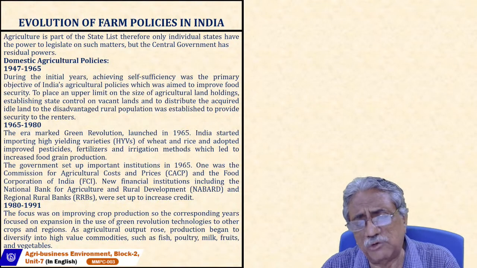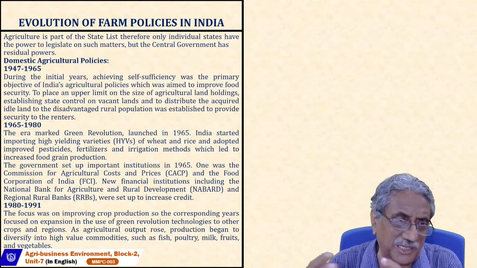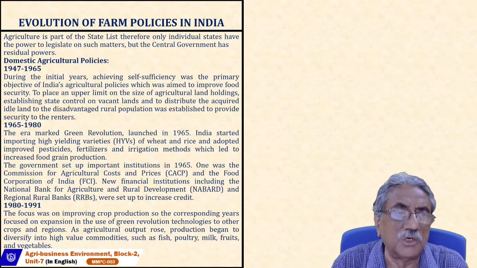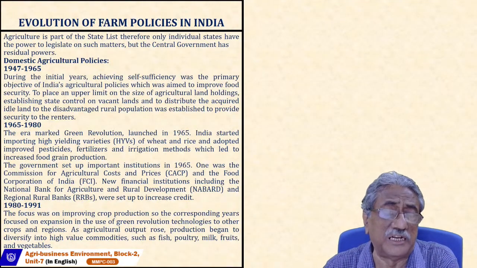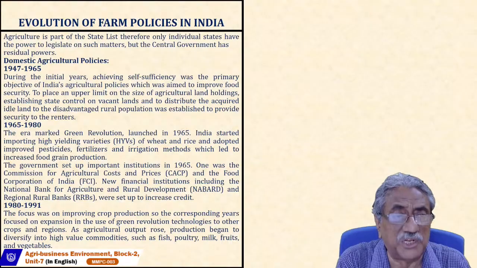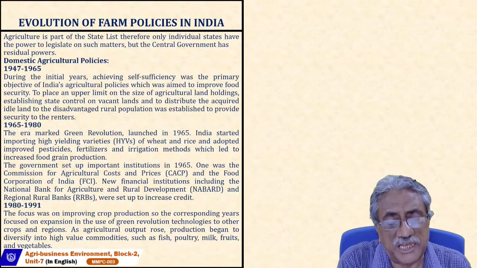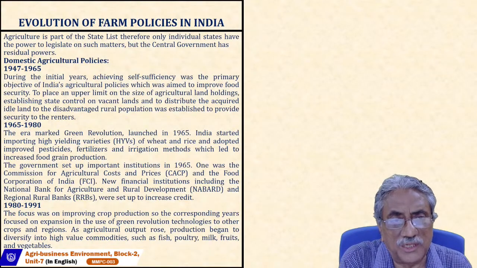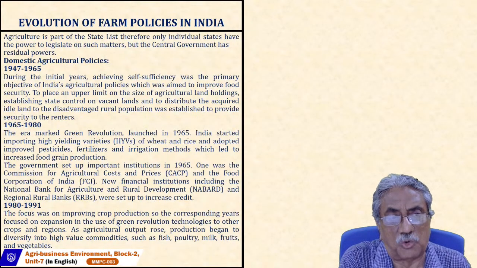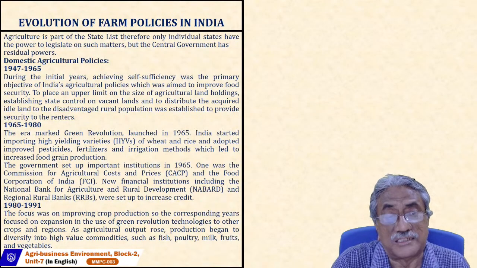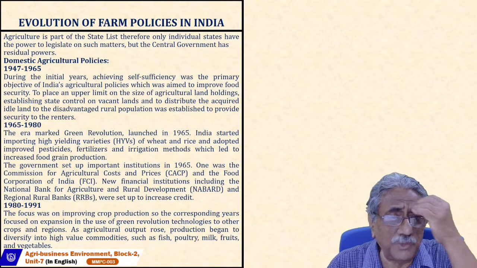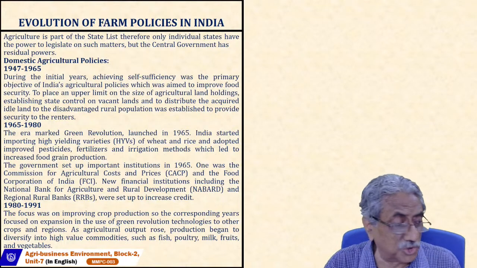But if you look at a New Jersey or Holstein, these are the imported cows who are adapted to Indian conditions. They give 22 liters, 30 liters of milk in each milking period, each day. So similarly, when they brought in the seeds from outside, they tried to adopt it and they tried to increase the yield. The government set up important institutions also.